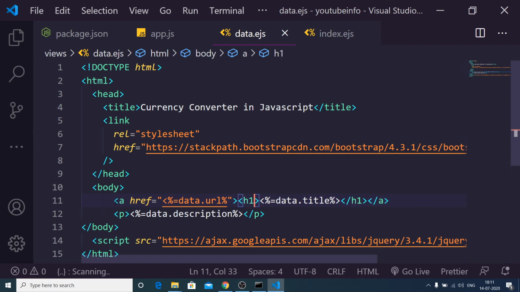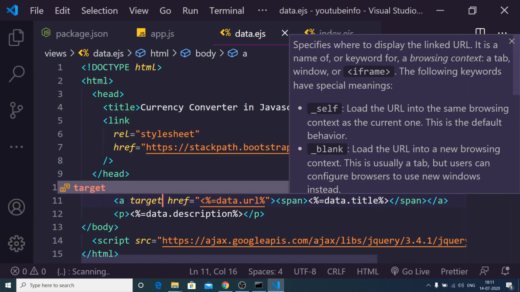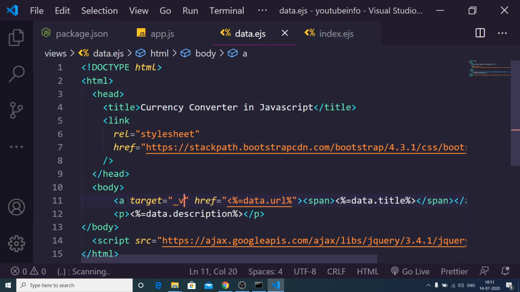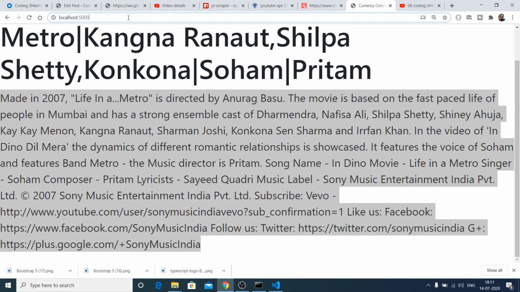Let me just change this to span tag. And when I click on it, it will open a new window. So target underscore blank. So if I refresh it now, if I go here,